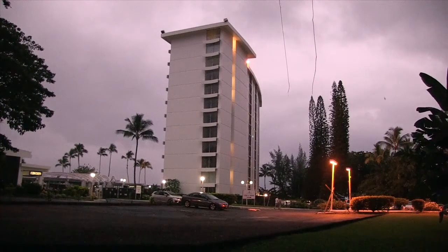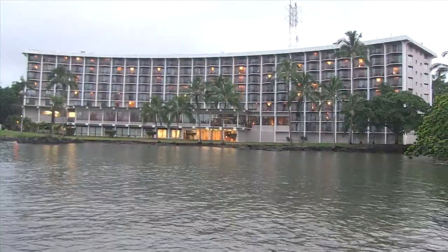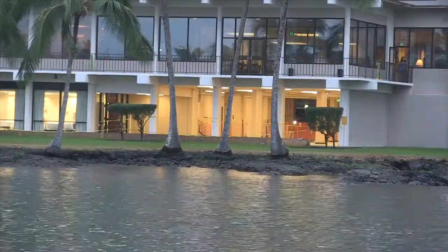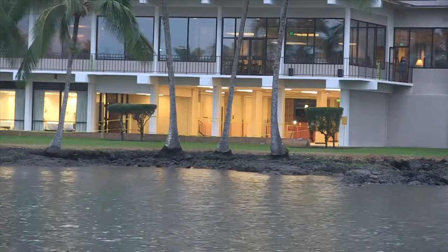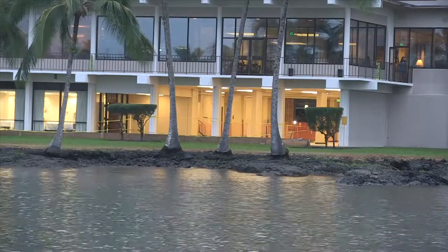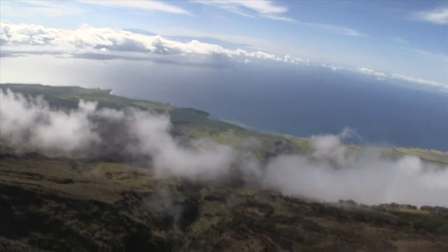Our management for the leases is going to be lands that are actually occupied by a tenant. So there's a lot of inspections that we try to do. Again, we have over 1,000 leases, and it's tough, especially on outer islands, to get out to all the leased areas. But we try to make sure that they're using the property for the intended use. DOFA, on the other hand, has a lot of large areas, mountains and stuff like that. We have some of those, but we don't have the staffing like DOFA. We are nowhere close staffed to DOFA,